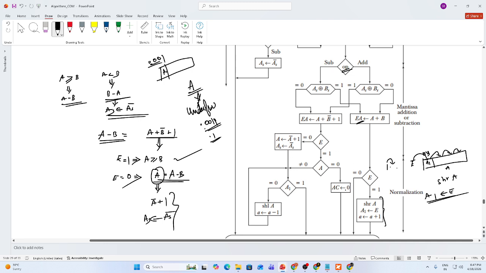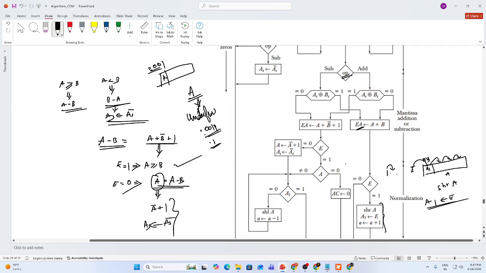So, okay, let me tell this part one more time. In case of the operation, it may be addition or subtraction. In case of addition, if the signs are equal, I need to do addition. In case of subtraction, if the signs are not equal, I need to do addition. Similarly, if I decided that I do addition,